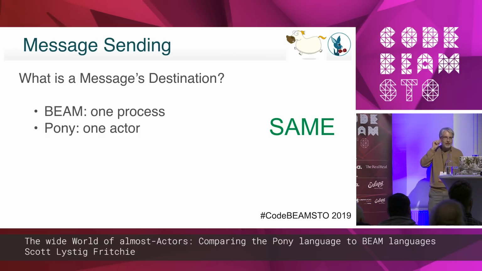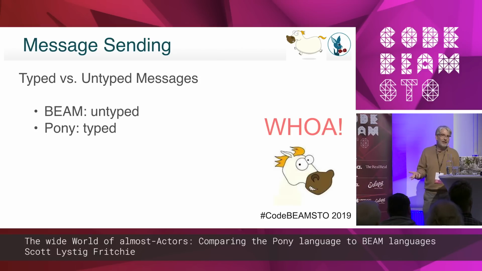Here's our first major difference. Are messages typed, at compile time at least? In the Beam they're not typed. You can send any message to any process. You might get some weird results if you send an arbitrary message to a port in the VM, because ports are sort of magical processes, and they have a very limited vocabulary. In Pony the messages are very strongly typed, and the compiler is going to yell at you. So here's a major difference. Whoa, ponies go, whoa. People tell them to say whoa. Never mind.